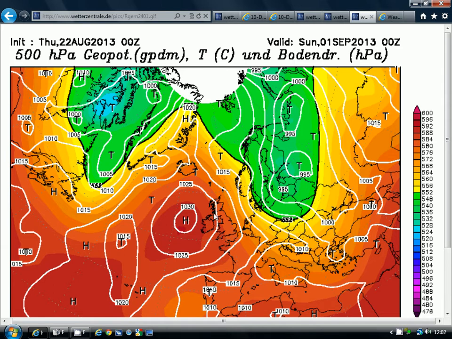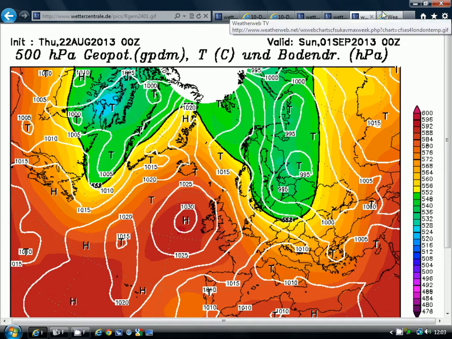And it's the same sort of idea. The high pressure is just centred more or less to the west of the country. It's trying to ridge in, but we're always keeping the air flow around that high pressure more from the west or northwesterly flow. Now, I do think that high pressure probably will come in for a few days at the start of September, so I think we can expect maybe 5 days of really quite fine weather through the first 5 days of September, but beyond that it may turn a little bit more unsettled again.